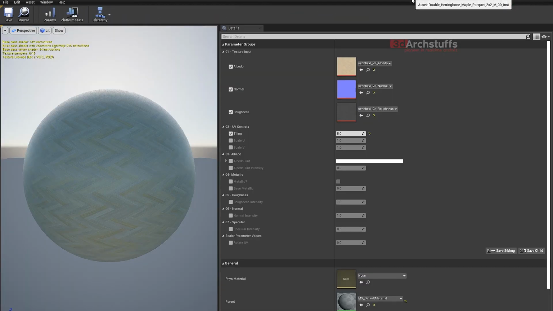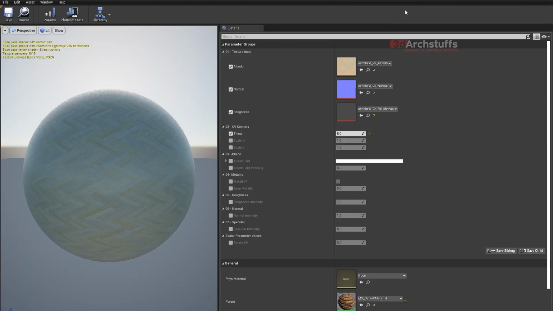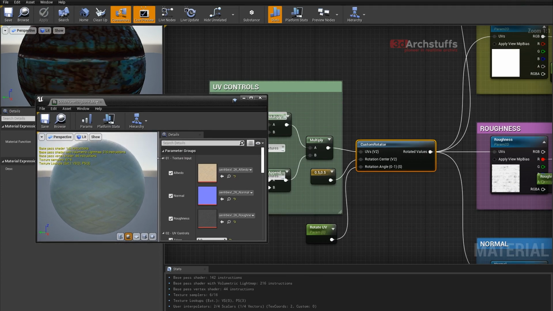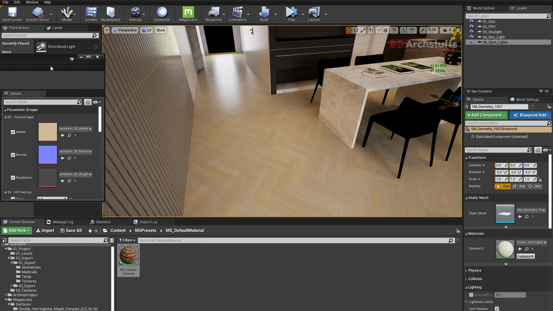And now if you go to this material, you can see Rotate UV, and then you can see Scale U and Scale V. It was Offset U and Offset V here, but it is not offsetting, it is scaling the U and V. So I named it properly according to their properties and the behavior they are doing. So now I will just take this here, and then I will go ahead and put this material